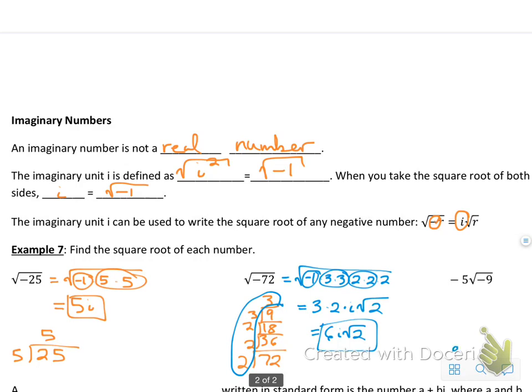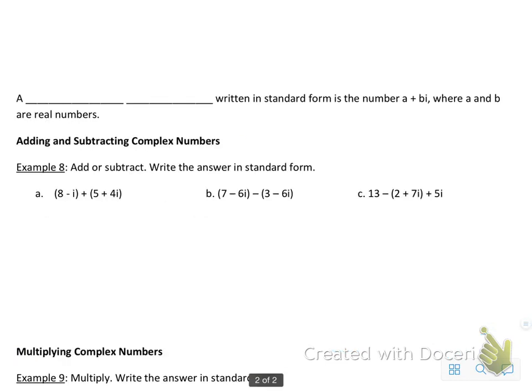9. Is 9 divisible by 2? No, but it is divisible by 3. So we have 3 times 3. So this means that we have -5 times the square root of -1 times 3 times 3. Now we know that there's a negative because it was -9. So we can take out the -1 and we can take out a pair. So now we have -5 times 3, and the square root of -1 is i. So that gives us -15i when you multiply the -5 and the 3. All right? So that's how you simplify with an